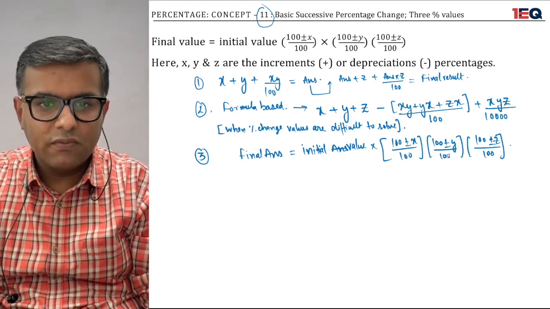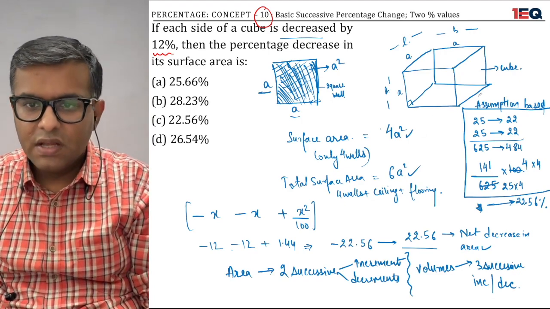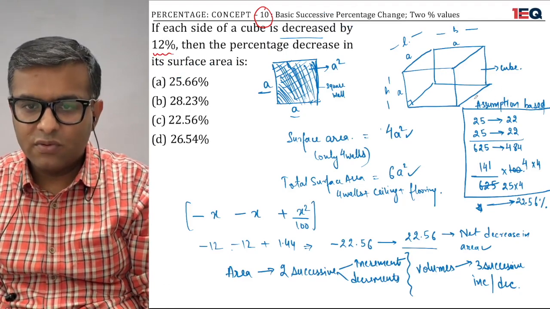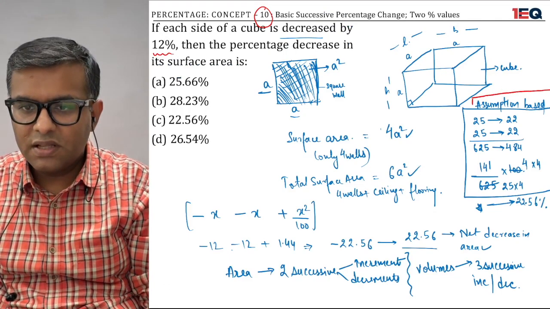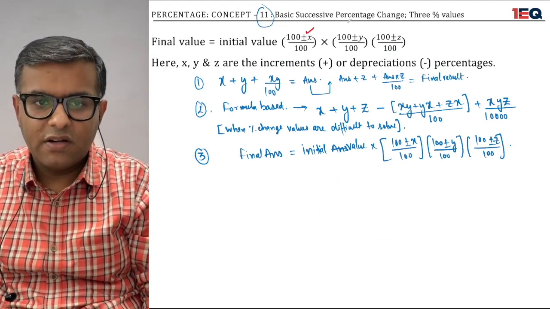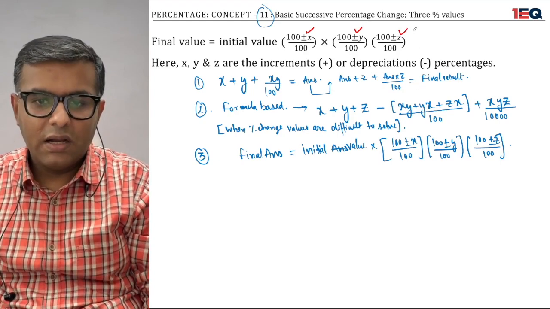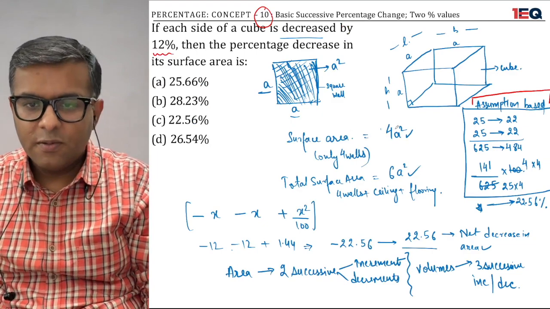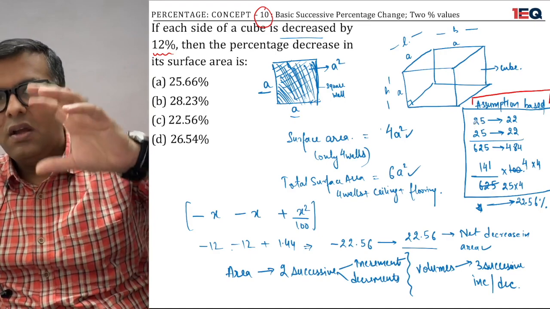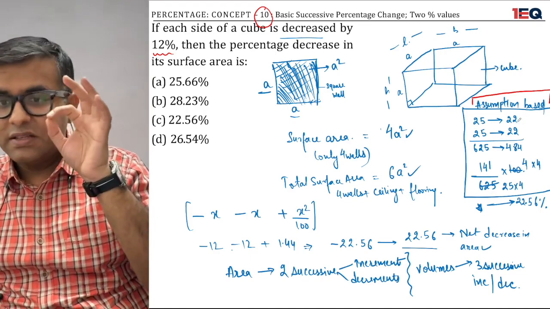I'll just take you to one of the previous slides, where I believe I've made you solve it in this fashion. This assumption based thing that happened here was based on this formula: 100 plus minus x, 100 plus minus y, 100 plus minus z. I just reduced it from 100 down to 25 and worked on 25. Had I worked on 100, and this is very important,